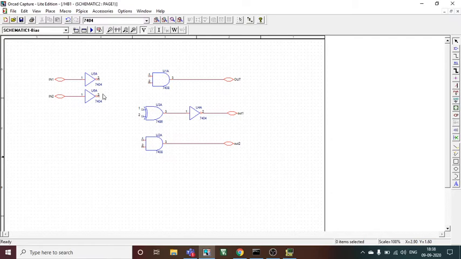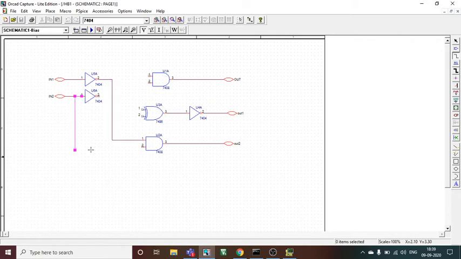For A less than B, we know that it is A bar B. So A bar B means this one. The first one is bar. So I will have to connect this first input. If we consider I in 1 as A and I in 2 as B, two inputs, in that case I will be going down with this, because if I am considering the last one as A bar B as input, B I will get from this side. B is the other input actually.